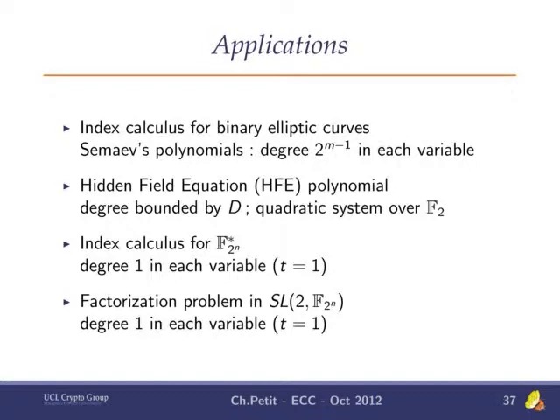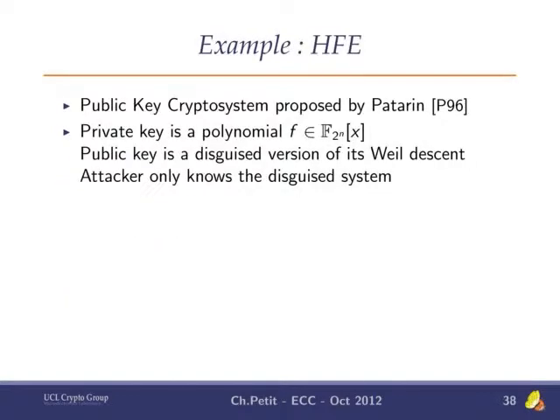Another application is index calculus for F_2^n. We know good index calculus algorithms like Coppersmith, but here we have a different algorithm with actually worse complexity, but okay, that's interesting. In that case, we have degree 1 in each variable. And you can also apply this to a certain factorization problem in a non-abelian group. Well, that's less easy to see. But let's